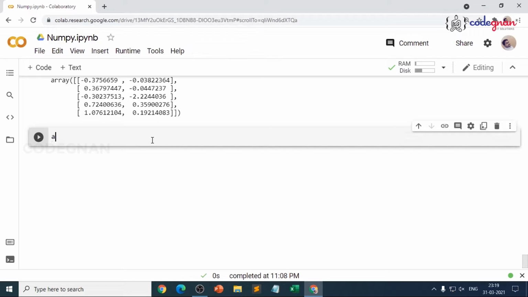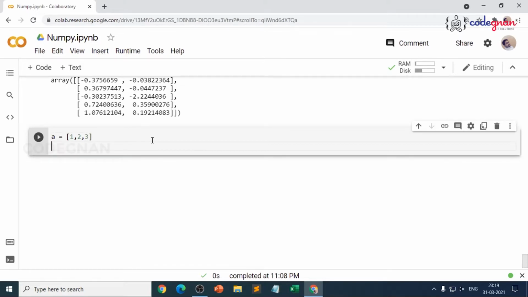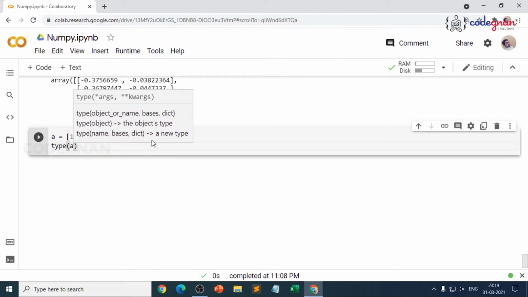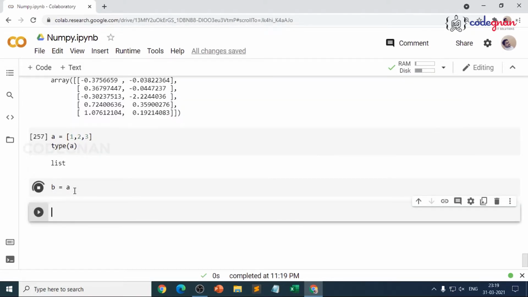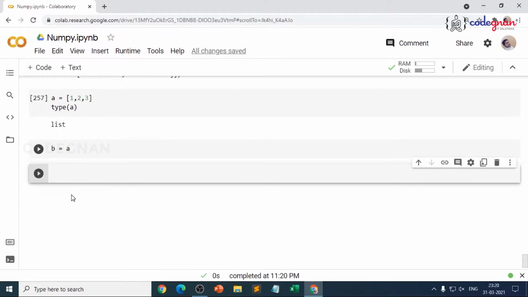If you already are aware of Python, that means you know how to create a list, right? Because a list is an ordered collection of elements, whether of the same type or different types. That's fine. You know this. A is a list. If I give type of A, it will be a list, right? So what I'll do is simply assign this to B. B is equal to A. Very good. Now B is also a list. So what is A of 1 now? You could clearly see indexing starts at 0 and ends at n minus 1. So A of 1 is 2 obviously. That is very simple.